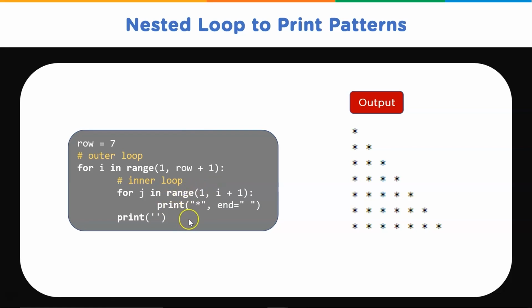The inner loop iteration is equal to the count of the columns, and for each iteration in an inner loop we print a star. So for the first iteration, when I value is 0, it will first print a blank. When I value becomes 1, then your J range becomes 1, 1 plus 1, which is 2. So it will print 1 star here followed by a space. When I value becomes 2, your J range becomes 1, 3. So it will print 2 stars. Then again when I value becomes 3, your range becomes 1, 4. So it will print 3 stars. So on and so forth.